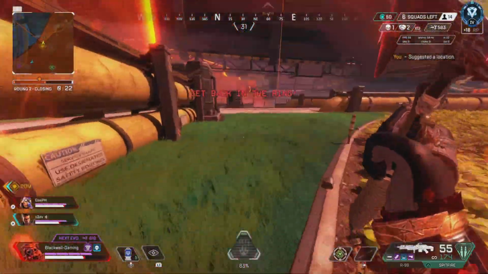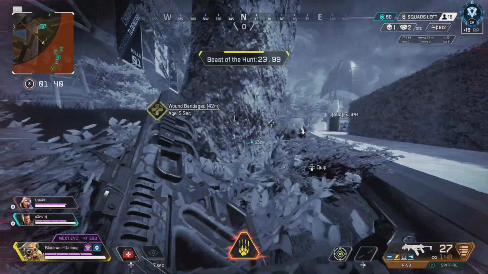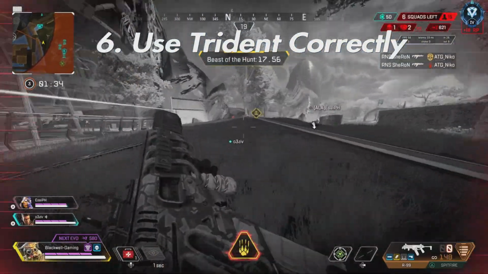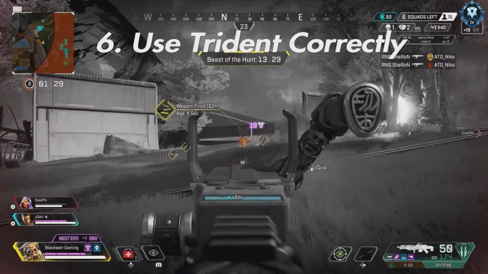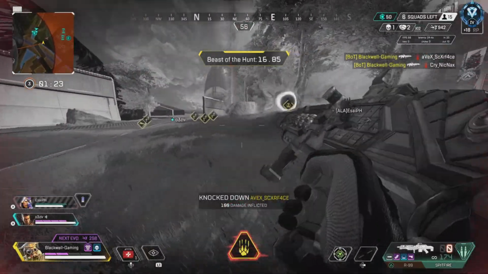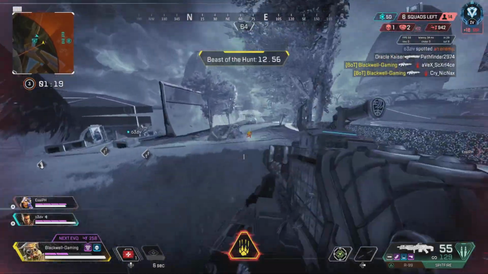And now we're going to be moving into the second from last tip. So this point I'm going to be talking about is sort of linking towards my last point, and it's going to be talking about the Trident. Now, originally I wasn't a big fan of using the Trident, as it did get me killed quite a few times in the last split. However, I've been noticing, especially on a split, using it in the correct way